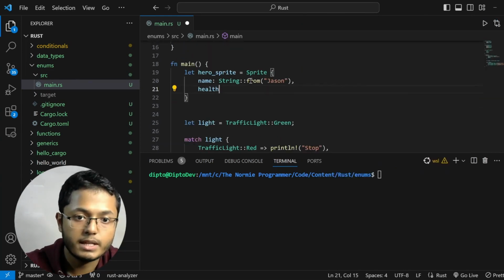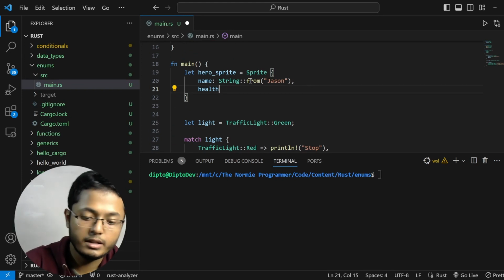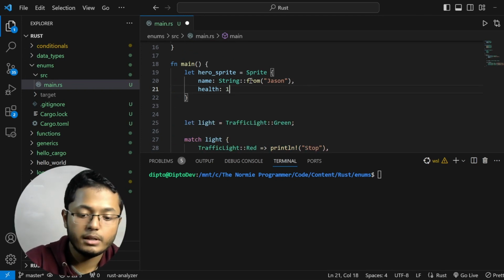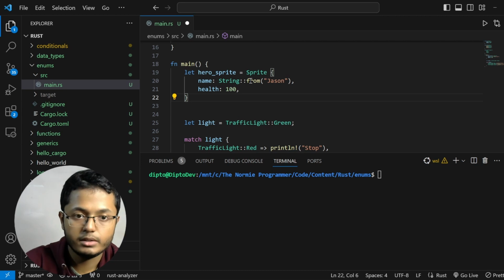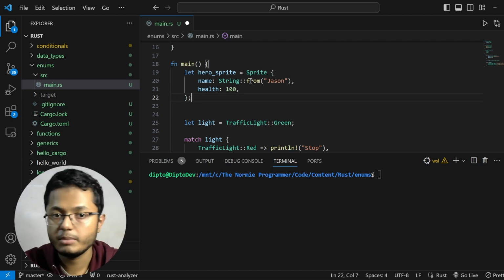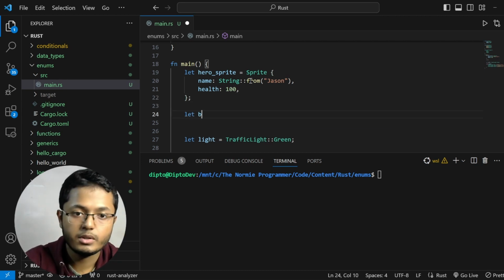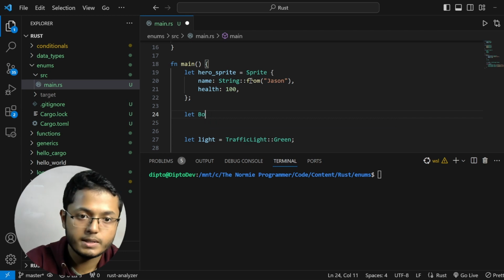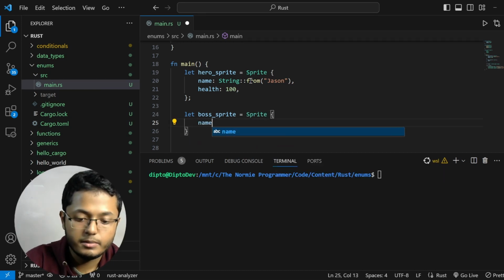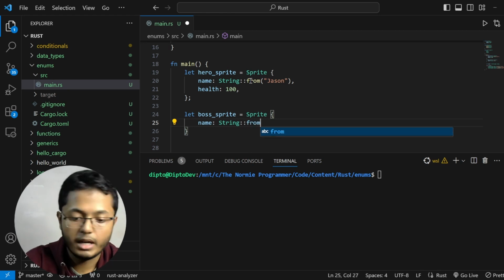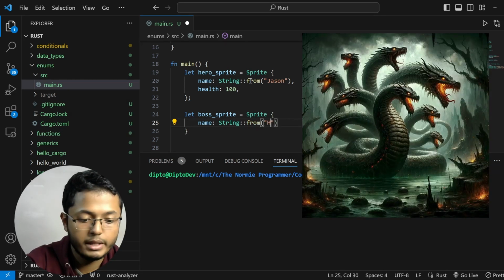What was it? Yeah, it was health. So health will be, let's give 100, and this is a variable, so we have to end with a semicolon. And then let me also create a boss sprite. So boss sprite equals to, once again, from sprite, and let me give the name as something, Hydra, the Greek